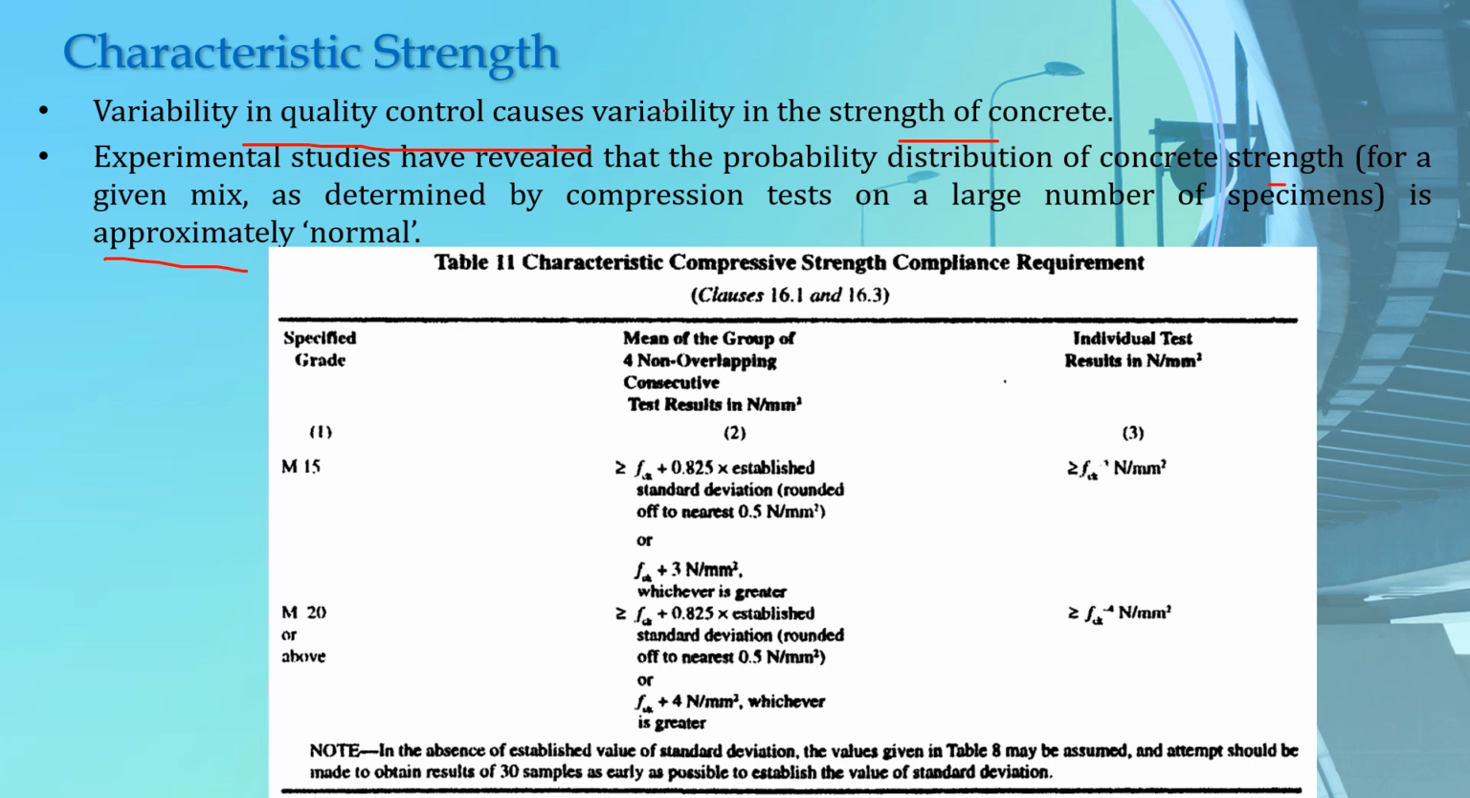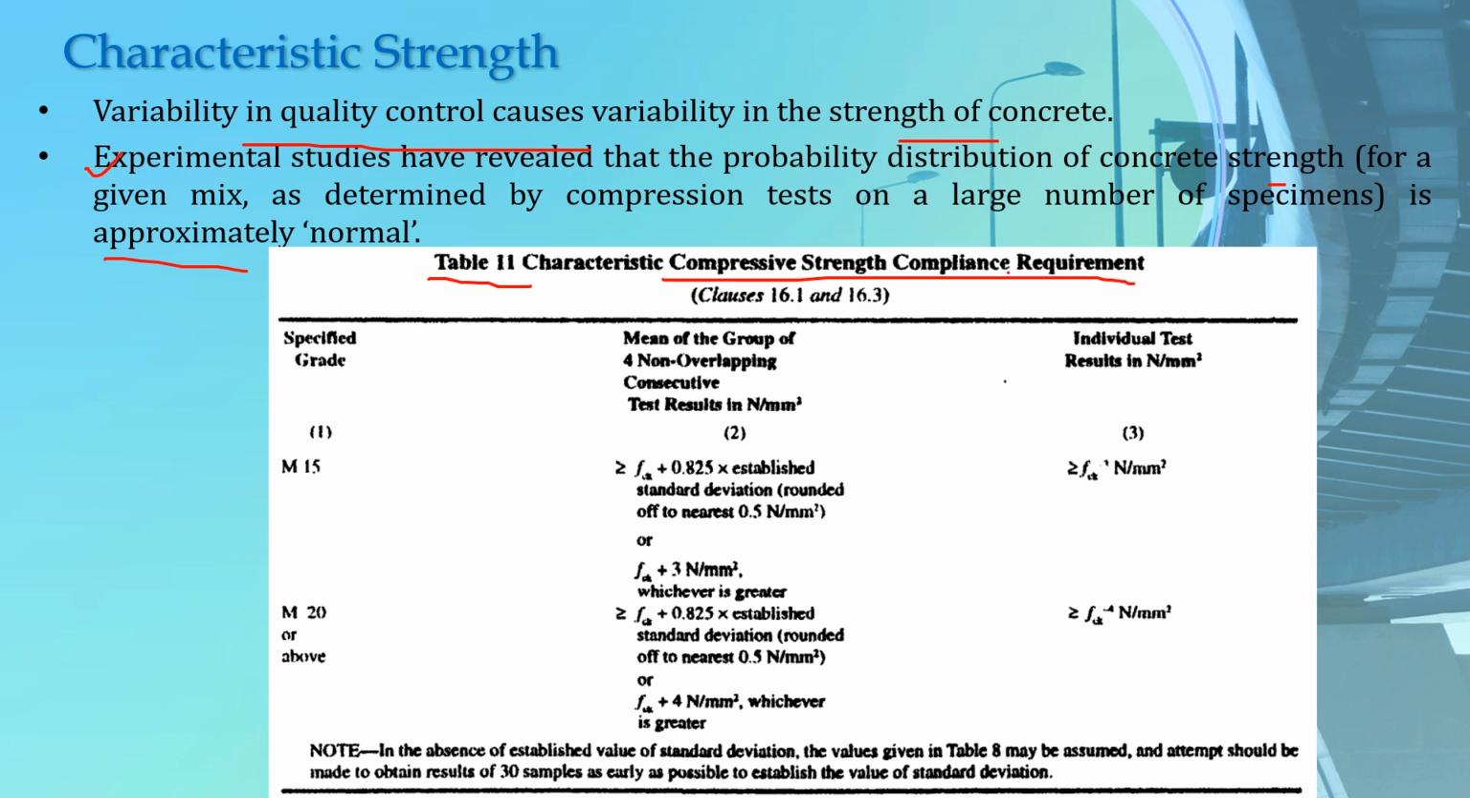So to find the characteristic compressive strength, Table 11 is given in the IS 456 code. I will discuss the IS 456 code in our next lecture perhaps, because that will be the code of practice that we adopt in this design course. Just I want to point out that Table 11 of the IS 456 code gives us the characteristic compressive